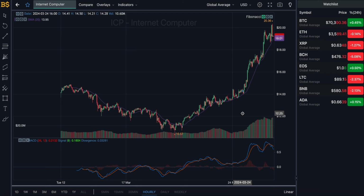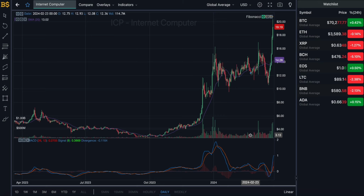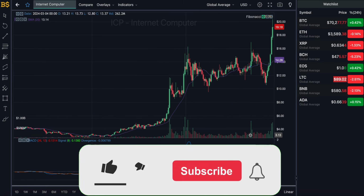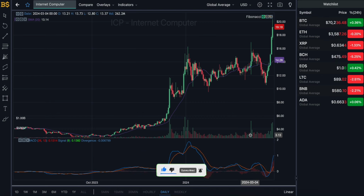So do expect ICP to be hovering over the $23 mark by mid next week. Moving on to the daily chart, next couple of weeks, what can we see here? The blue and the orange line are looking a little bit too steep, heading towards the bullish direction, looking very positive. However, the reason they're looking so steep is due to the fact that there's been a major pump in